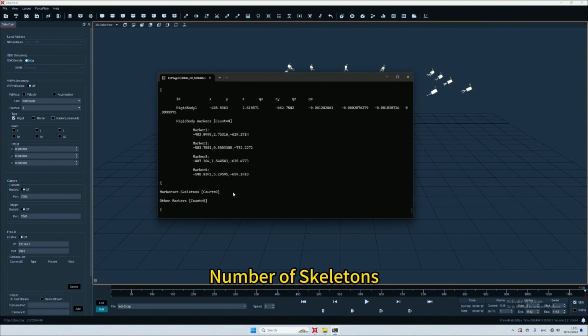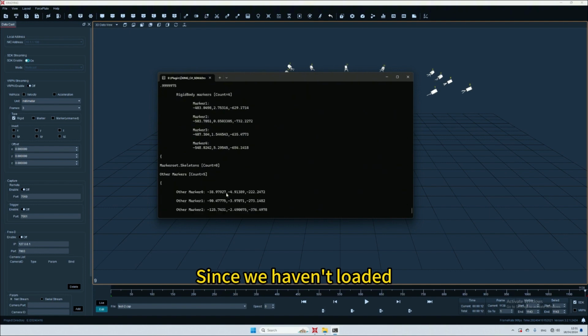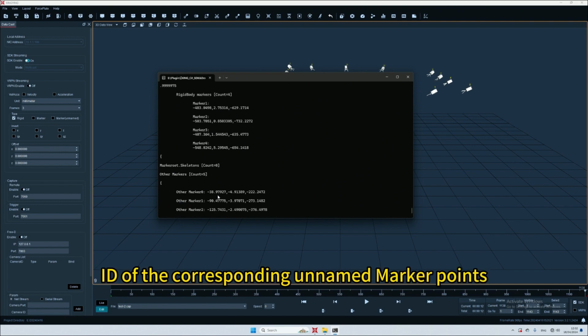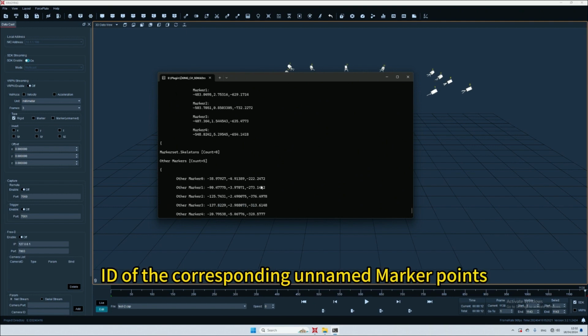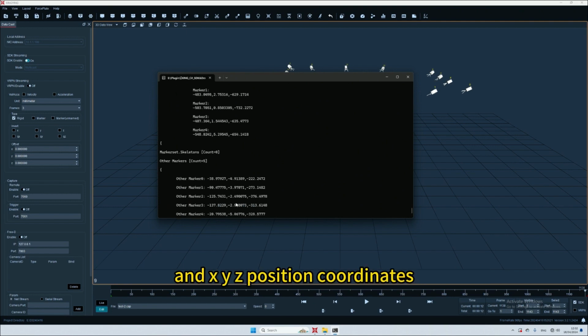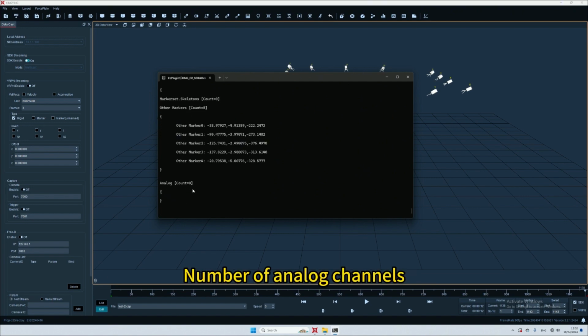Number of skeletons, currently 0 since none have been loaded. Number of unnamed marker points, IDs of these unnamed marker points, and their XYZ position coordinates. Number of analog channels,